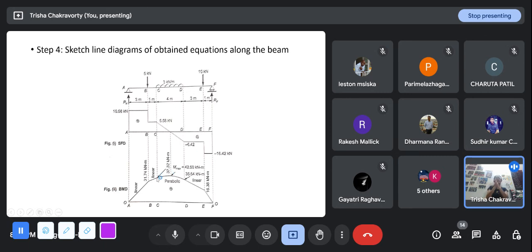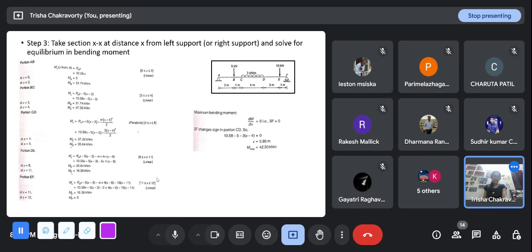Since shear force is the derivative of moment and maximum moment will occur where dM/dx is 0, that means shear force is 0. And here I solved that equation. So if you take the derivative, you will find this equation. And let's see,